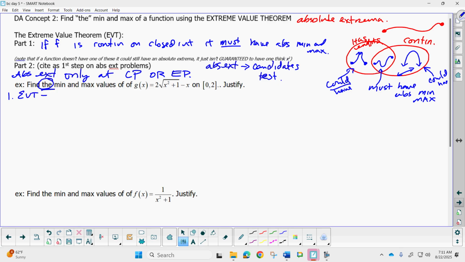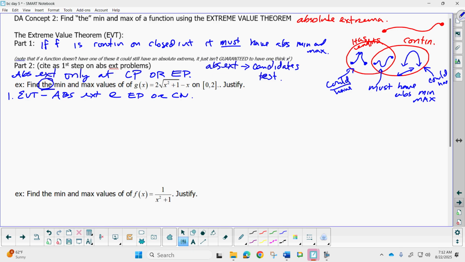Now, this is not universal. To me, it's important. It's like the thesis for the argument. It tells the reader, hey, I'm going in this direction. Absolute extrema only at endpoints or critical numbers. Feel free to abbreviate, but I require that. Now we have the endpoints, they're given, as they often are. The critical numbers, we need to gather those. I know the domain already, so I'm not going to do the domain here. The root is never going to have a negative anyway, so there's no issue there. And 0 to 2 is a domain. So I'm going to ignore the domain step, just have 0 to 2 in my mind